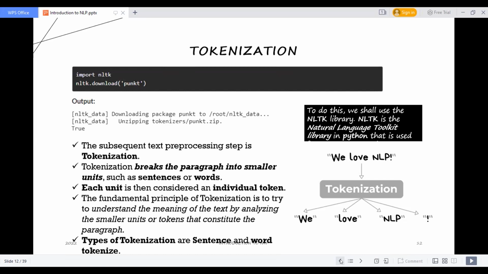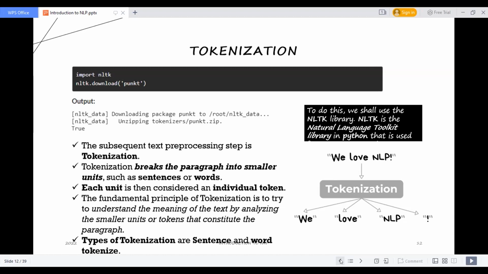So let's take an example of this. We love NLP, or I can say I love NLP, or whatever sentence we have, like my name is Komal. Basically, we are going to split that sentence into each word. The most important thing is that we need to install this library, guys. As we know how to install the library, we need to import it. If you are using the terminal or VS Code, you need to pip install it.